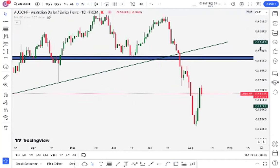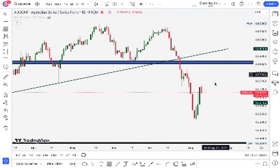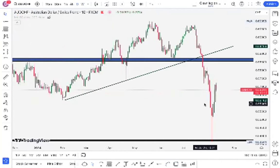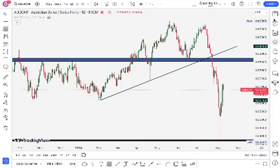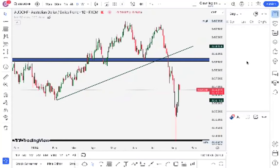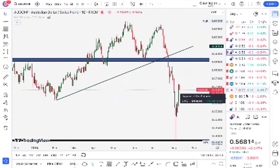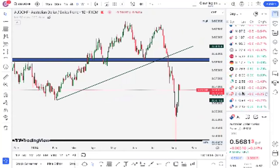So what you should be looking out for is a decent pullback to this blue bar right here, right about 0.58500. Once you see a decent pullback here, we can now drop things all the way to 0.55000, which is obviously where this guy's headed back. I think the next pair now would be CAT-CHF,